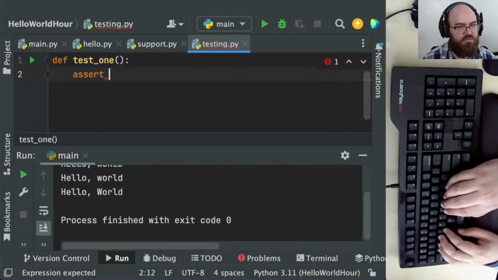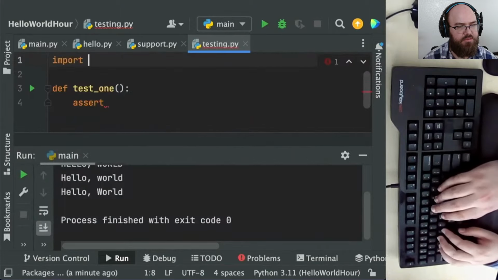And here we are doing basic tests, just checking to see whether PyTest works.